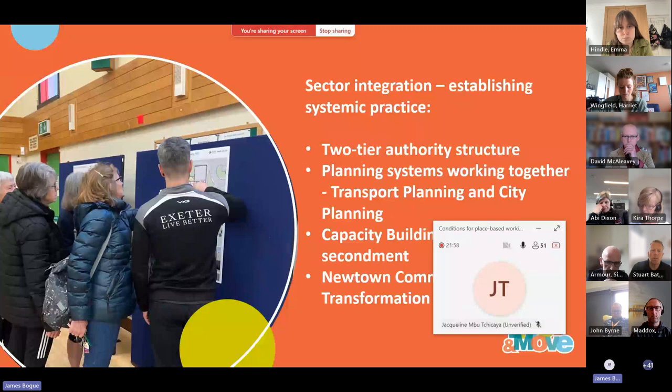Specifically, in order to achieve that, and it was in response a little bit to John's point around the capacity building, we're in a 2-tier authority structure here in Devon. So Devon County Council as the Transport Planning Authority, and ourselves at Exeter are the City Planning Authority. That brings its own challenges. So we identified at quite an early stage 4 or 5 years ago to put some joint capacity together for a post that acts as the interface between those two planning departments, with a view absolutely about developing our approach to active travel, active design, and generating those conversations between planning departments to help us deliver our programs